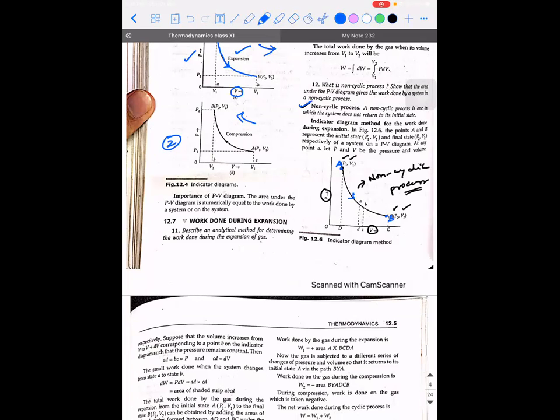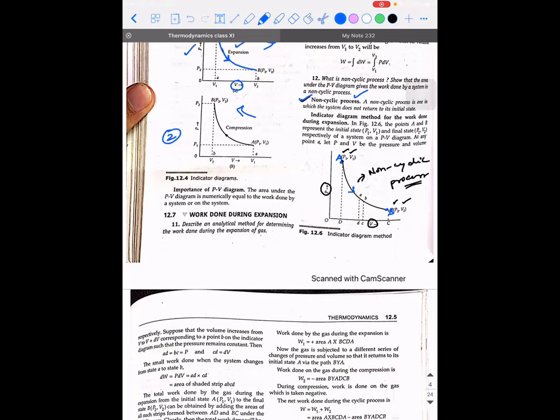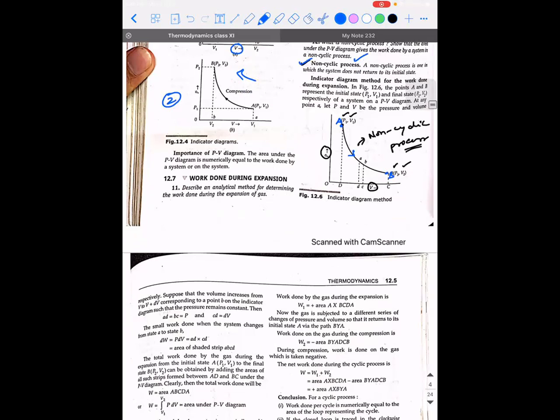I'm not talking, see, you're talking in terms of reactions. I hope that point is there in your mind. In chemistry, we call it a forward reaction and backward reaction. Maybe if you have to speak about the chemical equilibrium, you need to use that concept. But here, our observation is only with respect to expansion and compression. Now tell me, is it expansion or compression? Expansion. Right? I hope that point is clear. So this is a process where only expansion is taking place and the thermodynamic process is stopped. So this kind of a process is called a non-cyclic process. Means it is not a cyclic one, it is not a round trip.